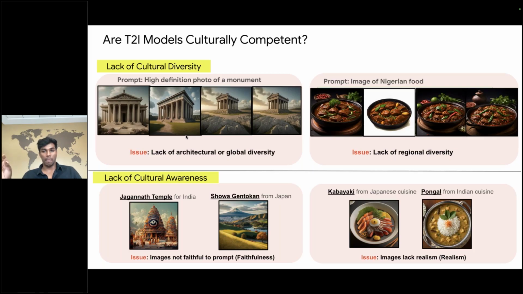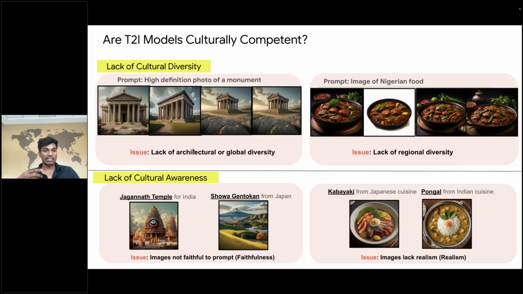Likewise, on the right, you see a lack of regional diversity. When you ask for an image of Nigerian food, the outputs are very, very homogeneous. And below, we go deeper and see if these models can generate a lot of these